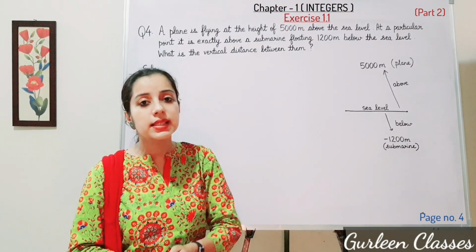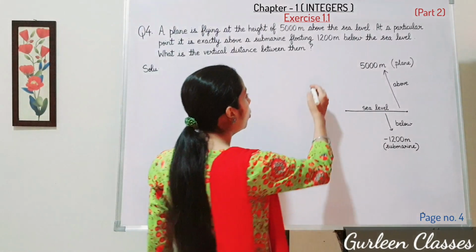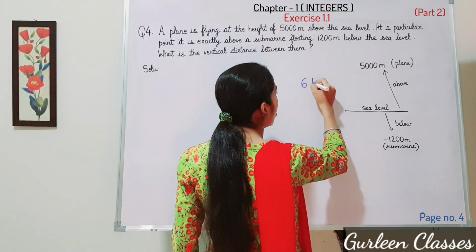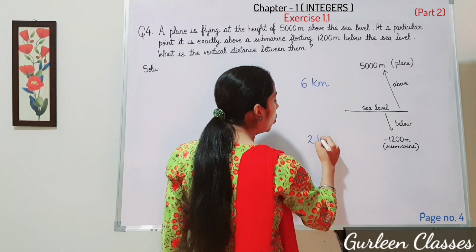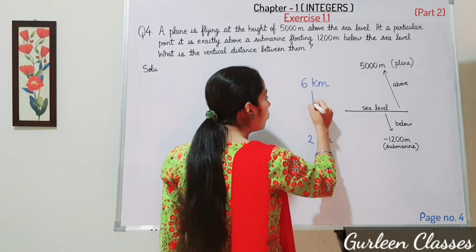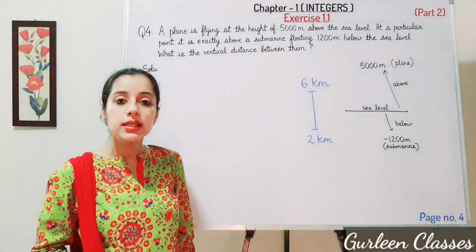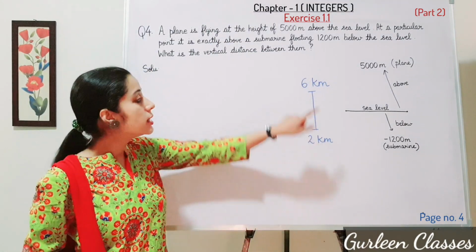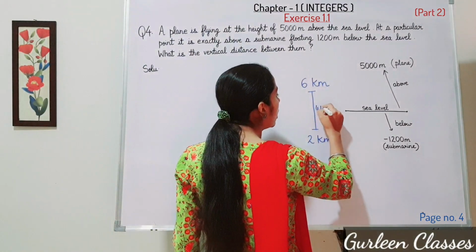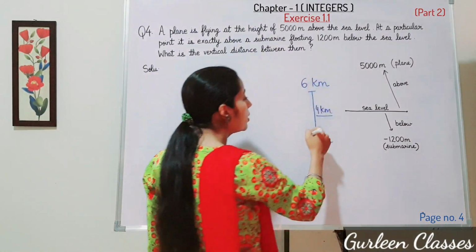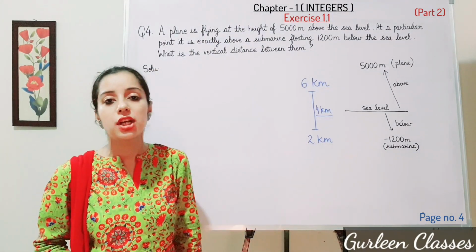So, students, let us take one example. Suppose one boy moved a distance of 6 km and another boy moved distance of 2 km. We have to find out the distance between both. So, what we will do in this case? We will subtract. So, 6 minus 2 will be 4. That will be 4 km. This is the difference between both the distance. So in the same way, we will do this question number 4.